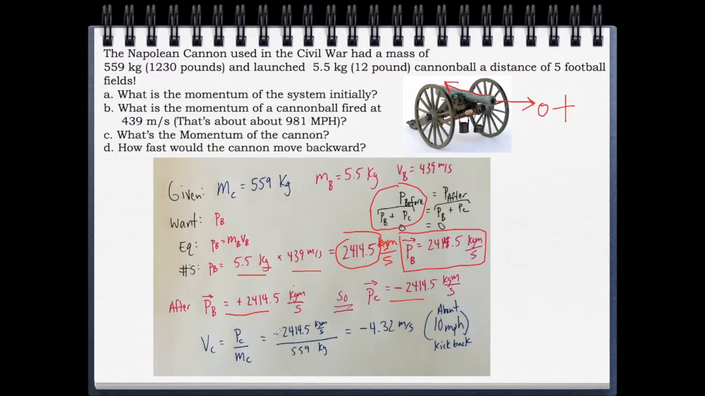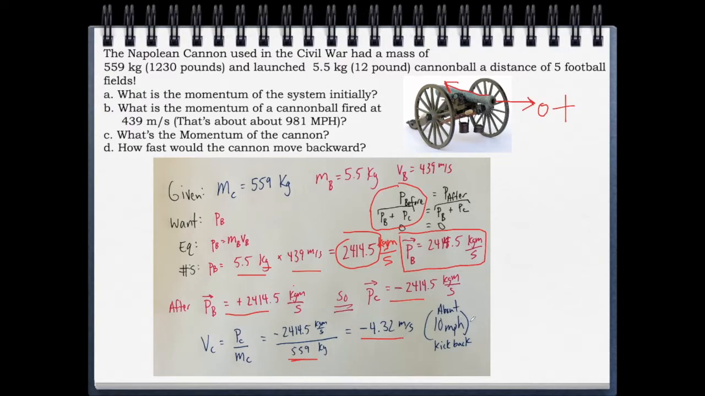So notice here I put the negative in, 2,414.5 kilogram meters per second, divided by the mass of the cannon, and that's going to tell us that the recoil velocity is negative 4.32 meters per second. So that cannon that weighs 559 kilograms, it weighs over 1,000 pounds, is actually going to move backwards at 4.32 meters per second, or about